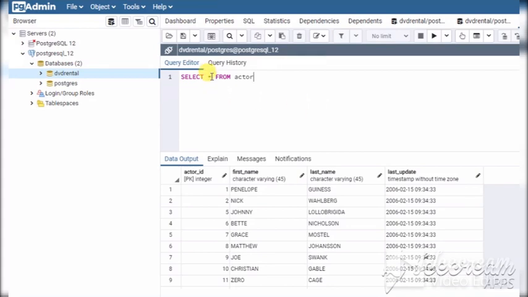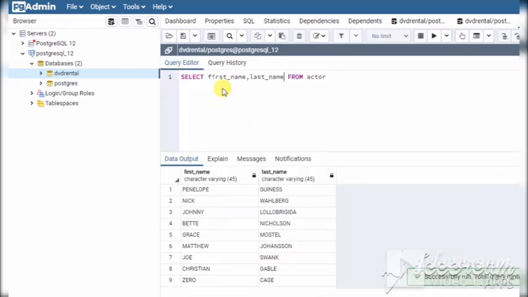The star will give you all the columns of the table. If we just want to display the first name or the last name, you can just mention the first name or last name column, and this will display only those columns.